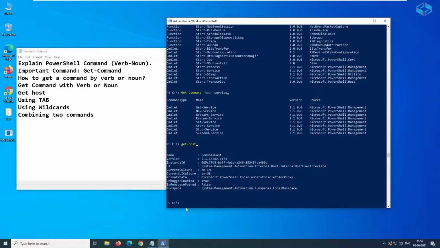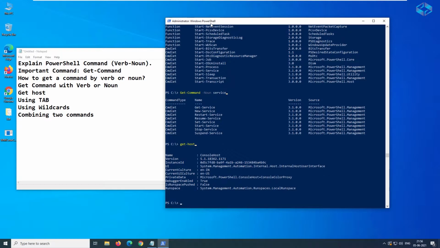In this case, Get-Host lists all the information available about the host, meaning the PowerShell-related information.